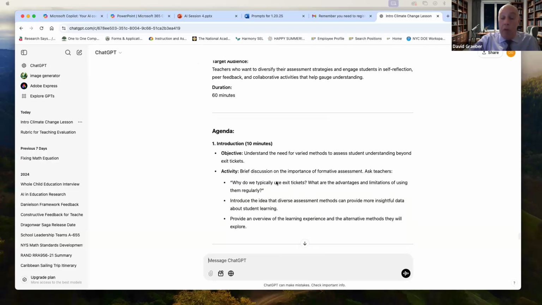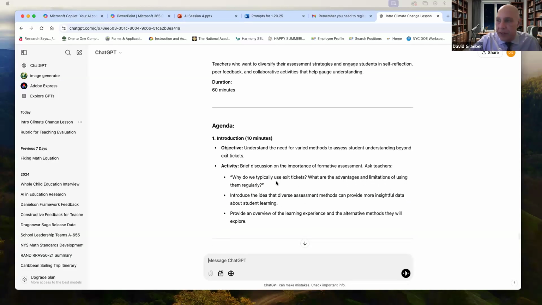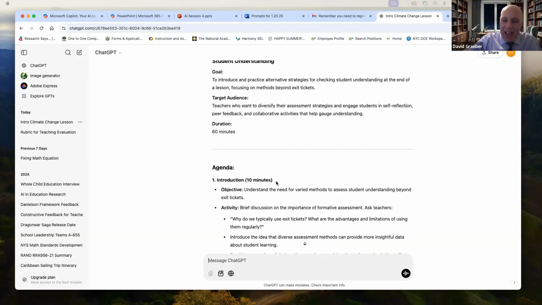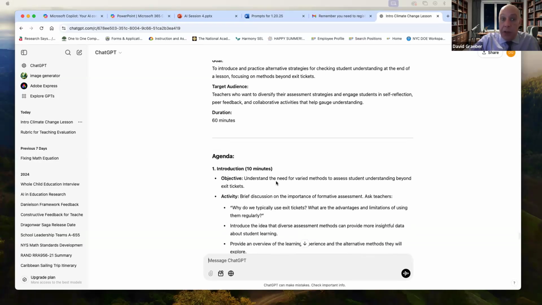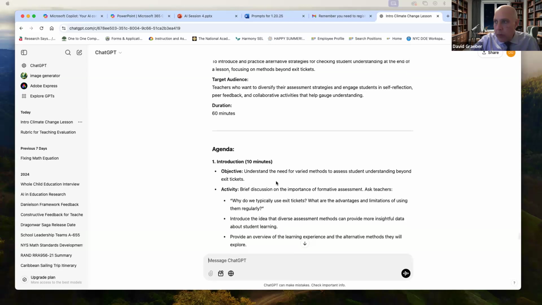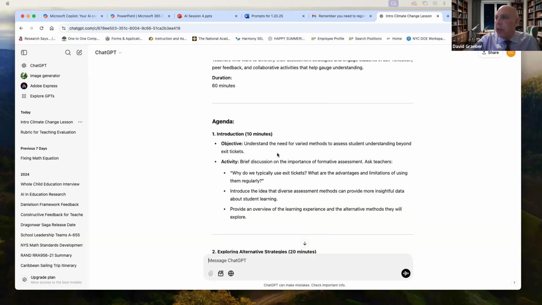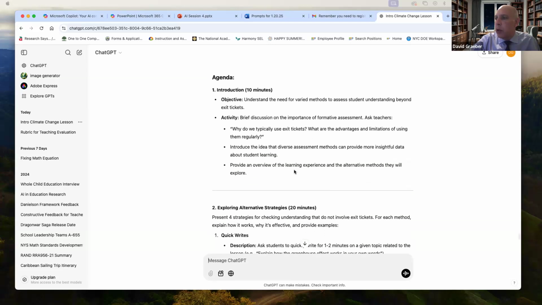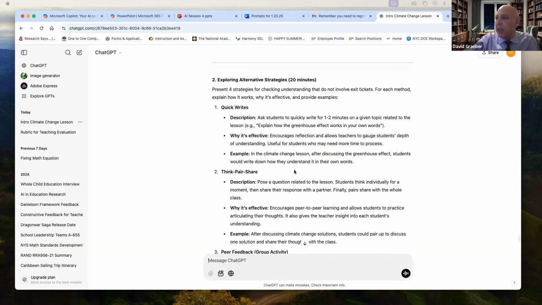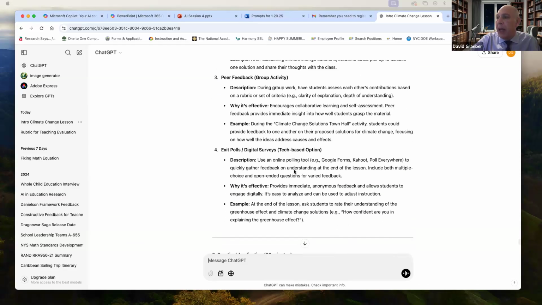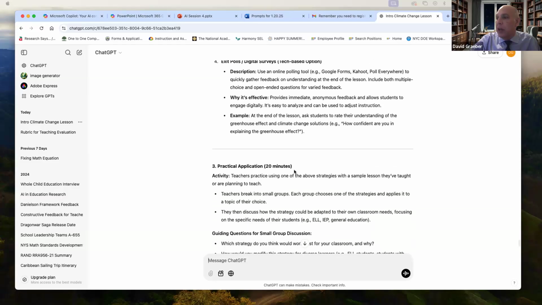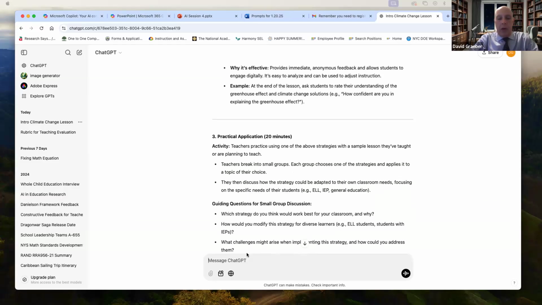So here I want more formative, better, stronger formative assessment. That's one of the key highest leverage points we know in the teaching and learning experience, right? And so here we have understanding the need for varied methods. So let's see, exploring alternative strategies: quick writes, think-pair-share, pair feedback, exit polls, digital surveys. But what about, as a coach using this tool, I can say,